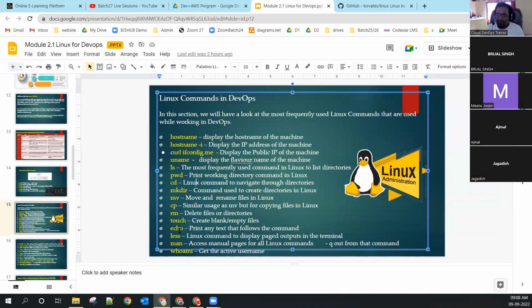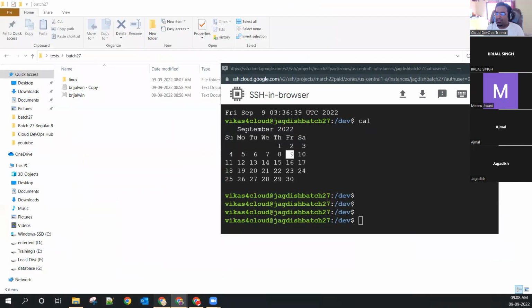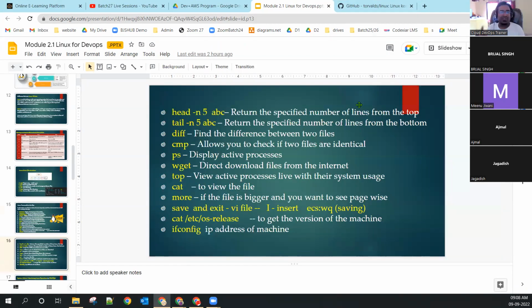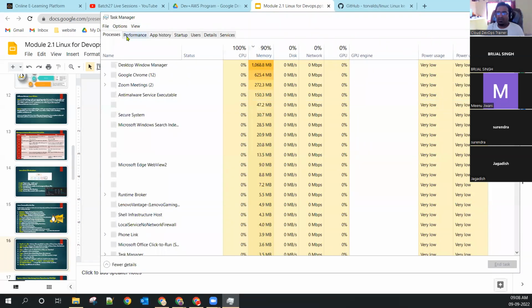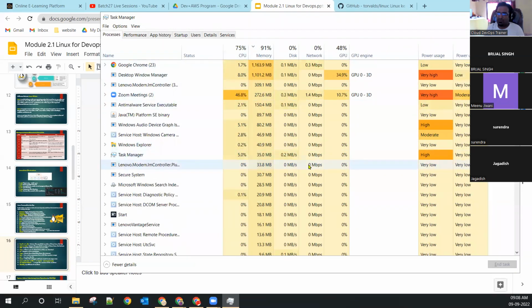I'm not taking some 2-3 commands; I will take them a little bit later. Okay, let's compare ps. In Windows, I want to see the running processes. Who is eating my memory? Which command? How to check it in Windows? The running processes, which one is eating how much CPU and memory. Task Manager. In the Task Manager window, processes are there. I can see how much each one is eating, right?